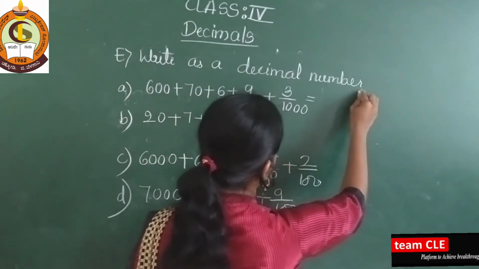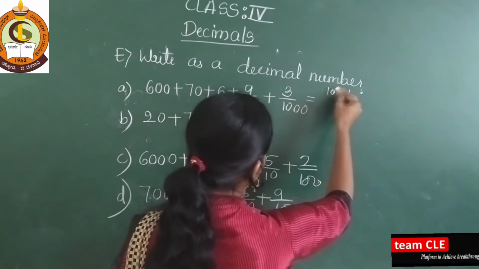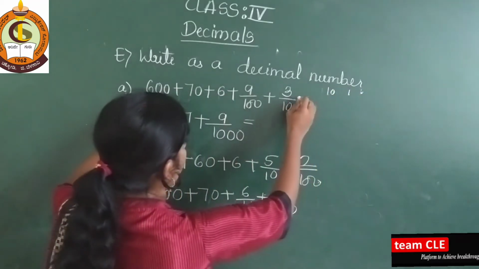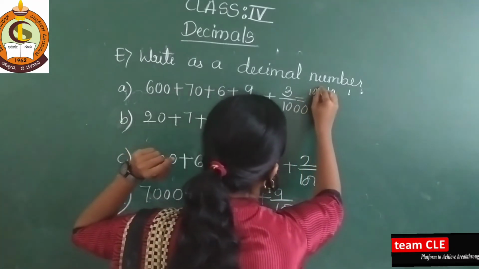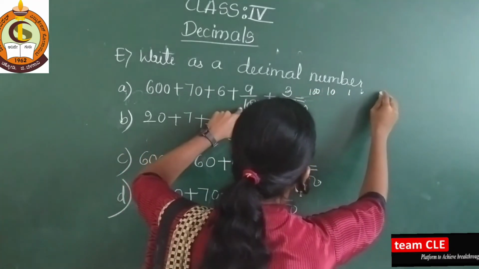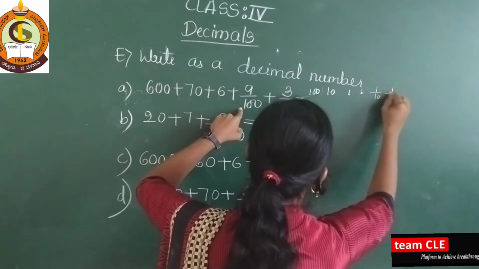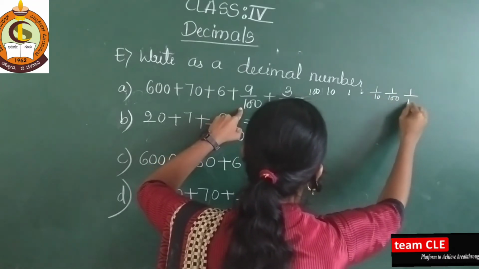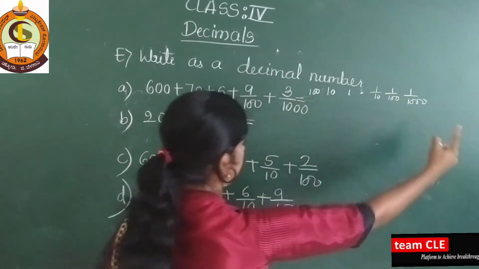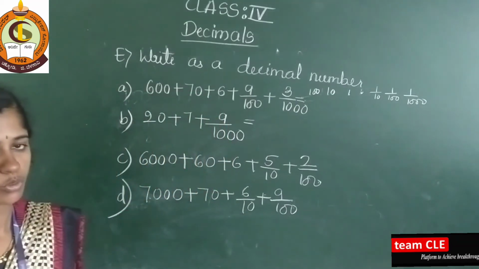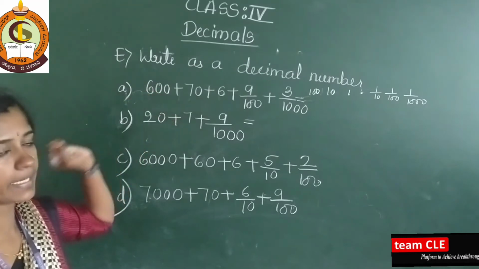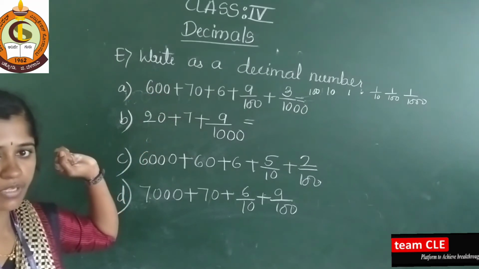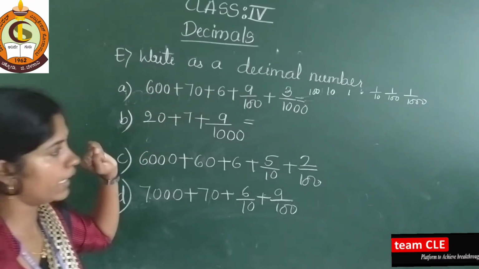Here you give point, ones, and here you write tens. Okay, I will write up to 100 because here 600 is there. So write here 100 place, and here up to 1000, means 1 by 10, 1 by 100, 1 by 1000. So this writing is important to write its decimal number. So tell me, here 600 is there. So 6 is there in which place? That is there in 100 place.